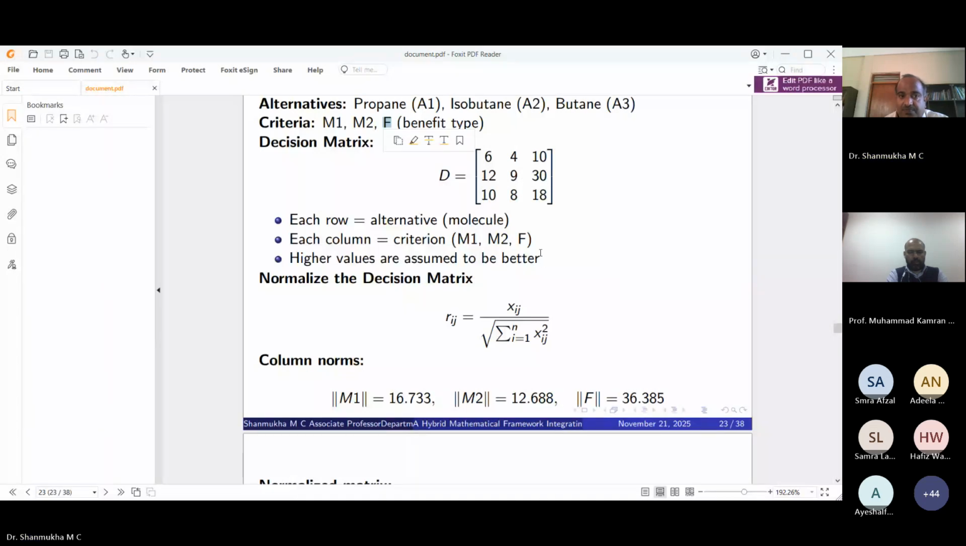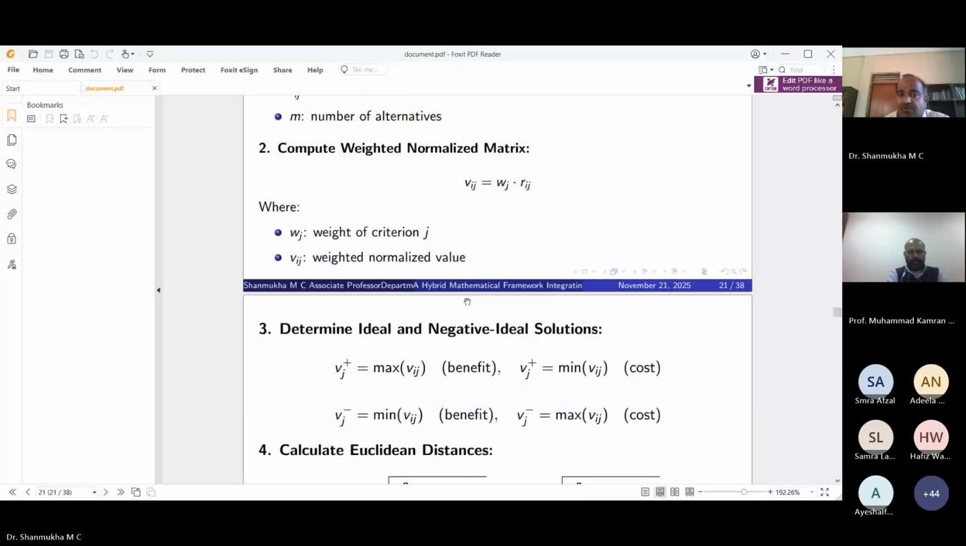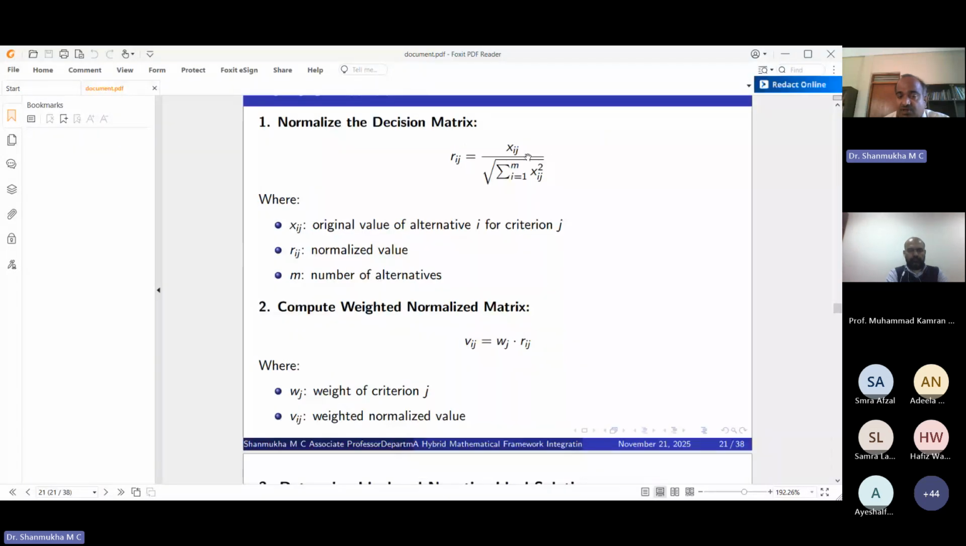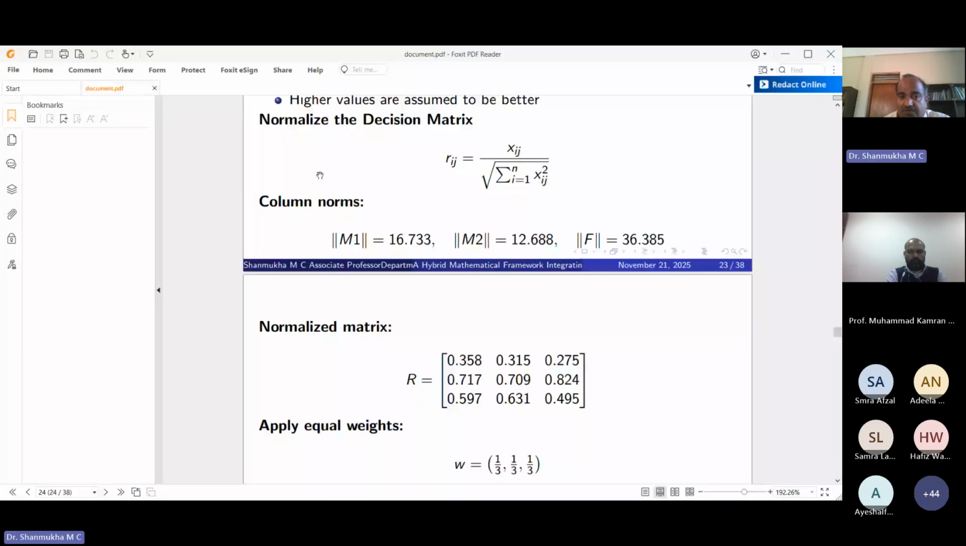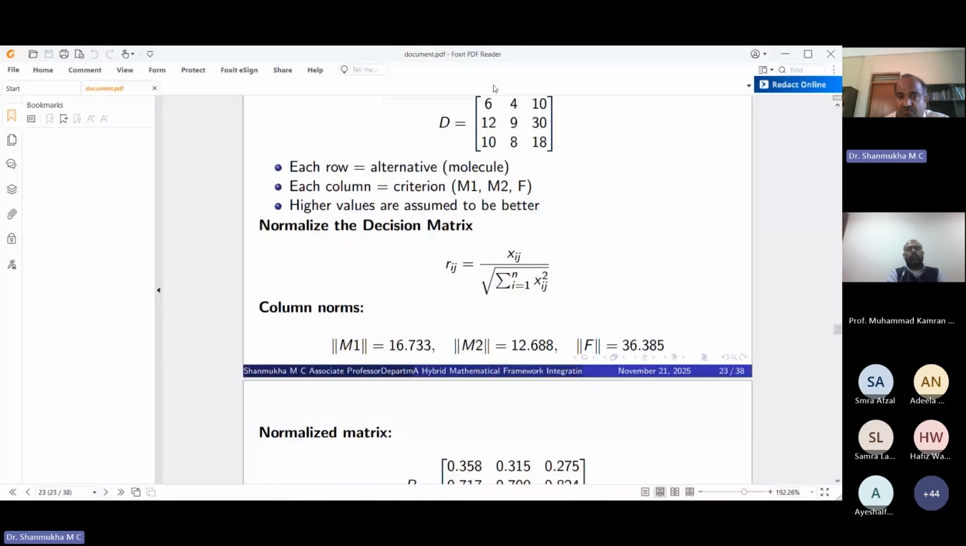First, we use the formula Rij is equal to Xij upon the square root of the summation of Xij whole square. So now, norm of M1. Norm of M1 means the square root of the sum of squares of values of M1. It means the square root of 6 whole square plus 12 whole square plus 10 whole square. Then norm of M1 is equal to